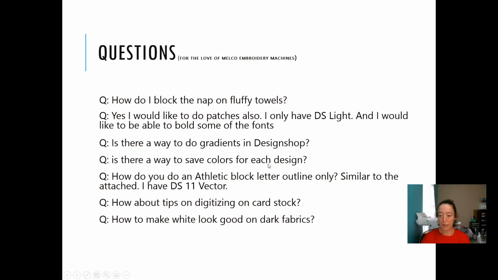All right, any tips about digitizing on cardstock? So when you're working with cardstock,